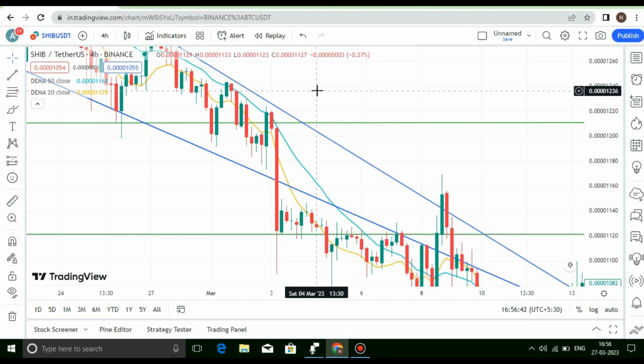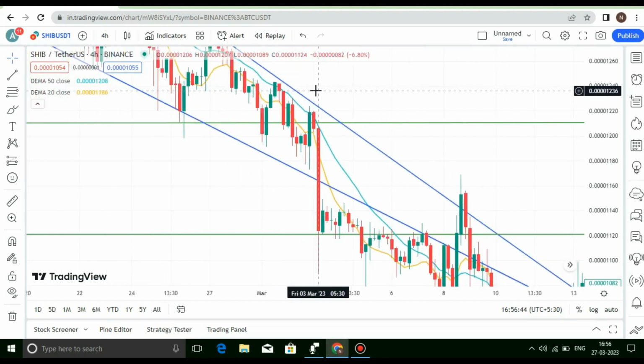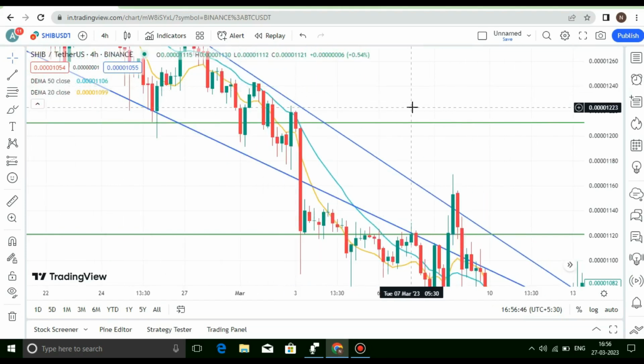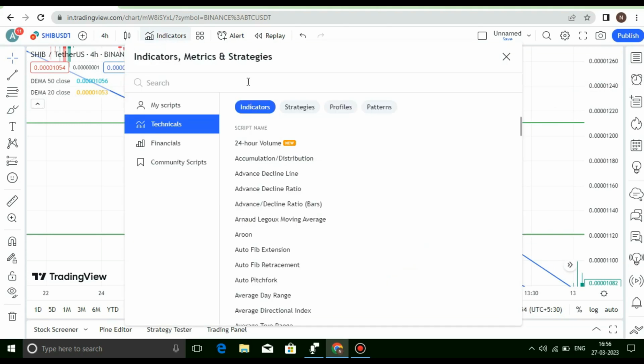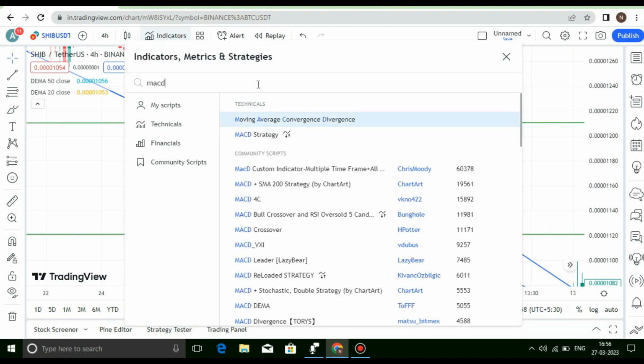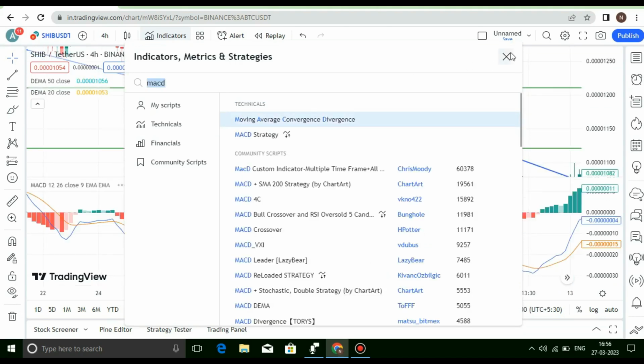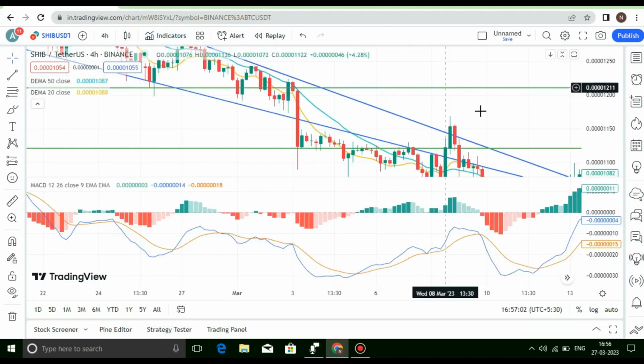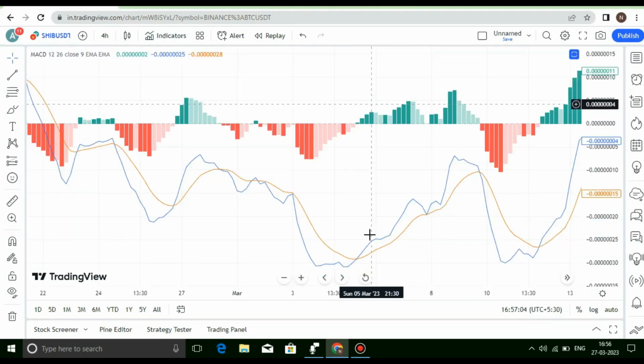As we move towards the end of this video, I will be giving you one more bonus thing. Which indicator will I be using? Let's go. We will be using MACD, moving average convergence divergence, with these 2 exponential moving averages. So here we have MACD. In MACD also,